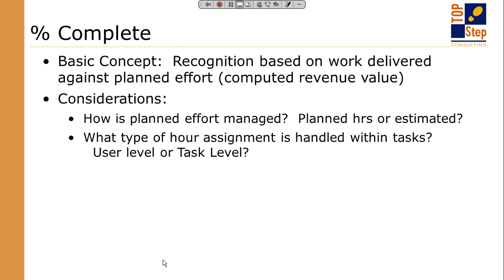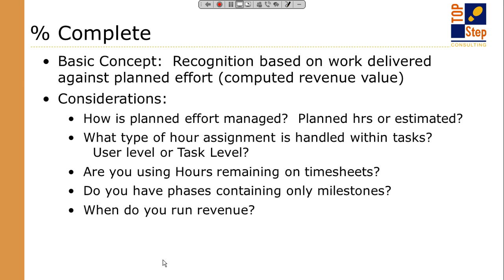Now, the next two sets of rules sound like they're similar, but they actually do things very differently. One's called percent complete, and the other is called fixed fee on percent complete. Okay, percent complete. The rule here is very different from any of the billing type rules, because what it